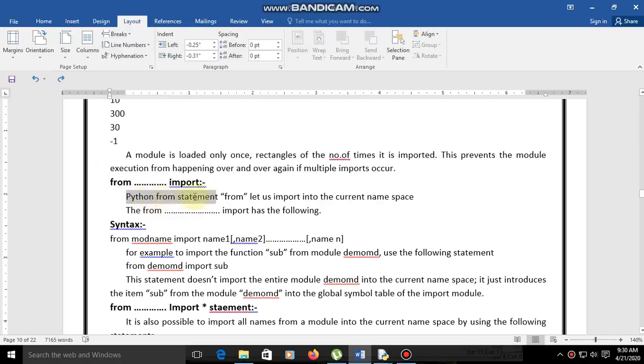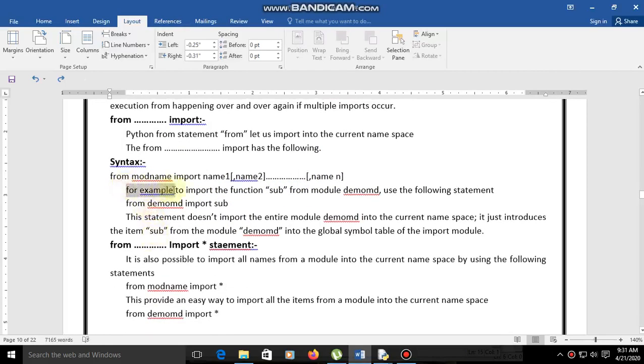Here the Python from statement lets us import into the current namespace. The form is: from module name import name 1 comma name 2 comma name 3, and so on, name n. So for example, to import the function sub from the module demo md, use the following statement, that is from demo md import sub. So here